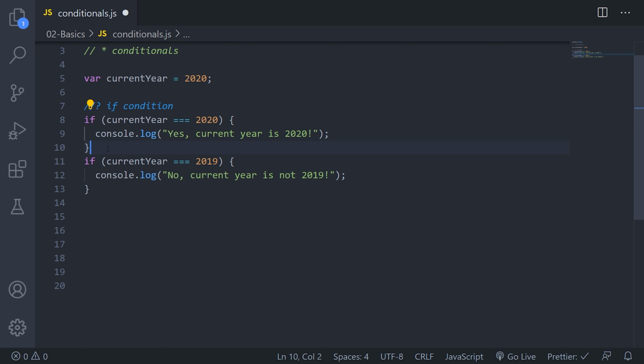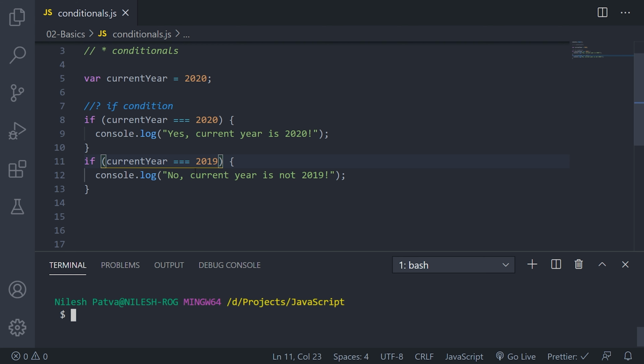It is pretty simple, guys, as we use if in the English language, the same way we can use this if condition here. If this is true, then run this. That is how we can write if conditions. So first I'm comparing with 2020 and later I'm comparing with 2019, and let us see what is being printed.